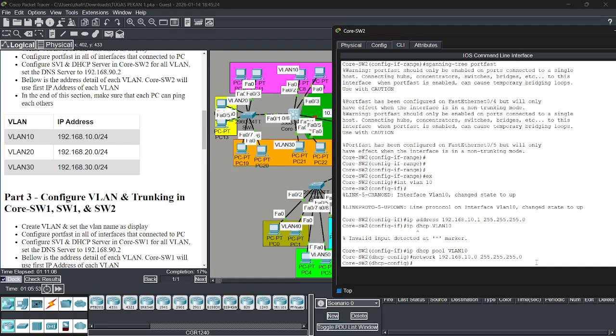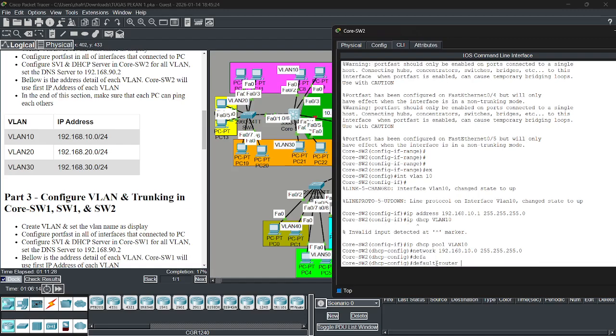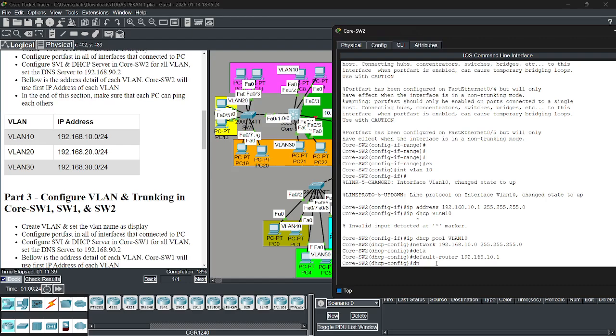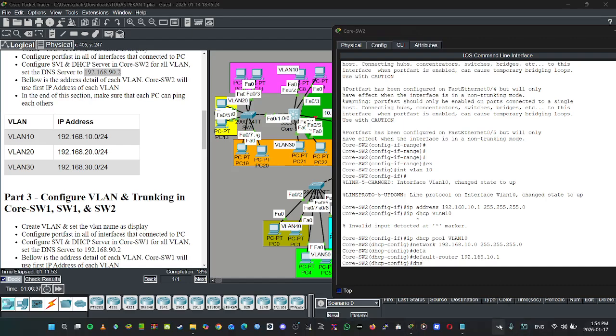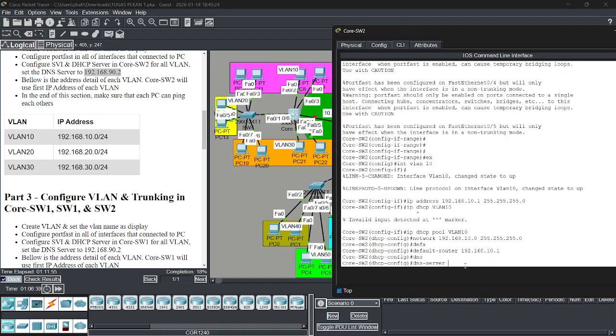Okay, after that the default router is 10.0 for VLAN 10, and then DNS server is 90.2. Okay,